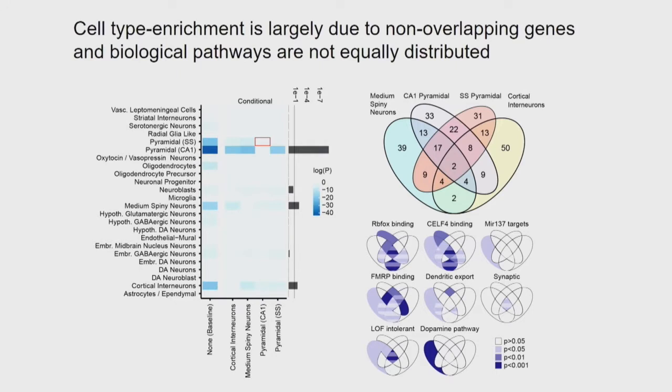So, for instance, the classical synaptic pathway seems to be the cortex and hippocampus. The dopamine pathway, but also things that have to do with calcium integration, seem to be more important in the striatum. And I think this is nice because it really gives us some kind of beginning to see how we could partition the signal from GWAS data into biology. Okay, this is the end part of the paper that we did publish.